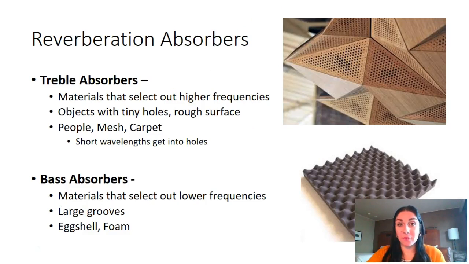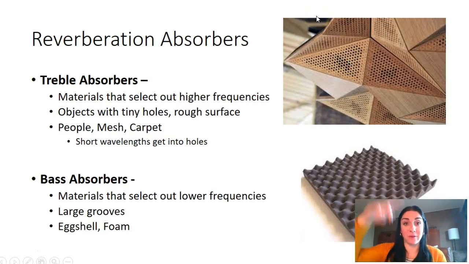In fact, if you want to absorb certain parts of the sound wave, you can do that. They're called treble and bass absorbers. Treble means high, so if you want to take out the highs and emphasize the bass notes, you want to select objects that have tiny holes and rough surfaces, so that the waves get caught and trapped in here. So sound waves that are high-pitched like this will get trapped in small areas and won't come out, because